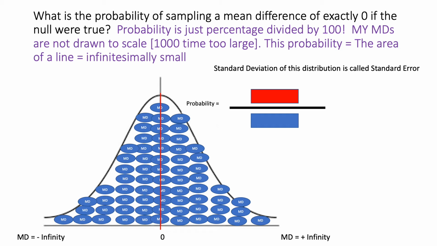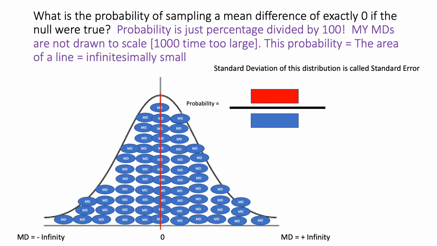But essentially, the probability of sampling a mean difference that is exactly 0 is that line right there, that red line. And the probability of this is the area of a line. And anybody that's ever taken advanced geometry, I believe, knows that the area of a line is infinitesimally small. So what we know here is that we're still doing the same thing. I'm just saying, you've got to shrink my mean differences down about 100,000 times. But I still want them in your graph so you understand what's going on, right? But ultimately, the probability of sampling a mean difference that is exactly 0 is the area of a line, which is infinitesimally small,